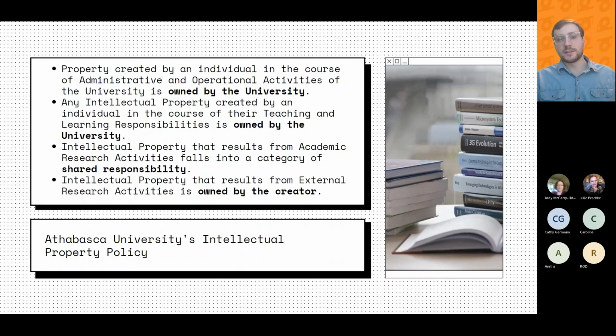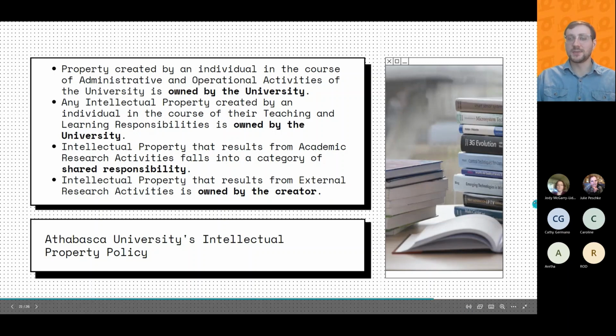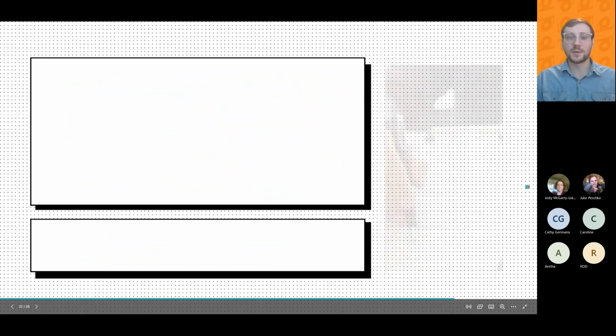So if you wanted to openly license your work, for example, you'd have to own copyright to it. That being said, I'm establishing a process, hopefully, where people can apply to get their work released under an open license by the university if the university owns copyright. So let's say you get your work reviewed and you're ready to be accepted for publication.